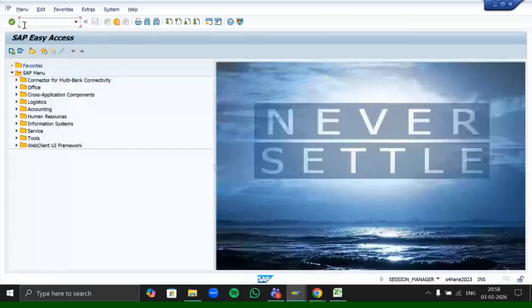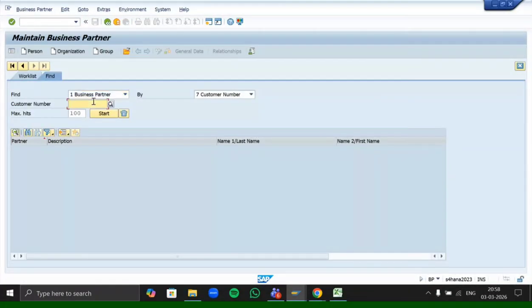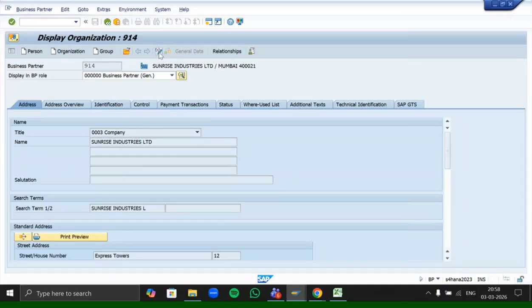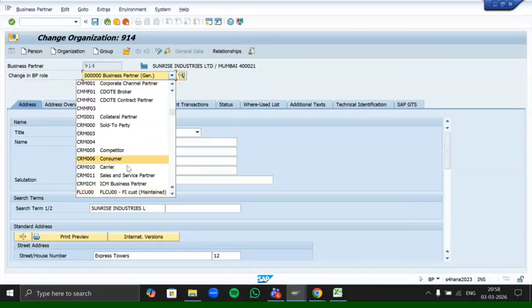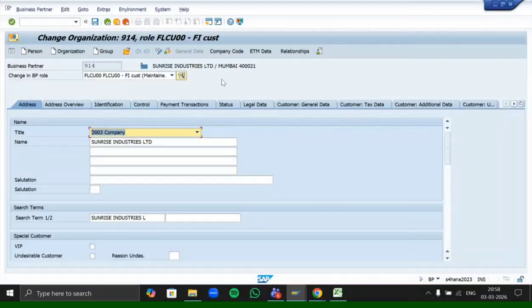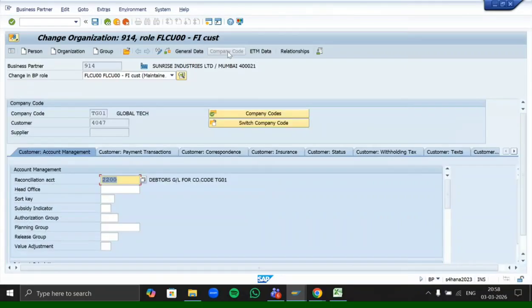So let me show you. Here you can see when we assigned Sunrise Industries the customer role, we mentioned for which company code it is and which reconciliation account they have to use. Here we have mentioned our debtors GL.